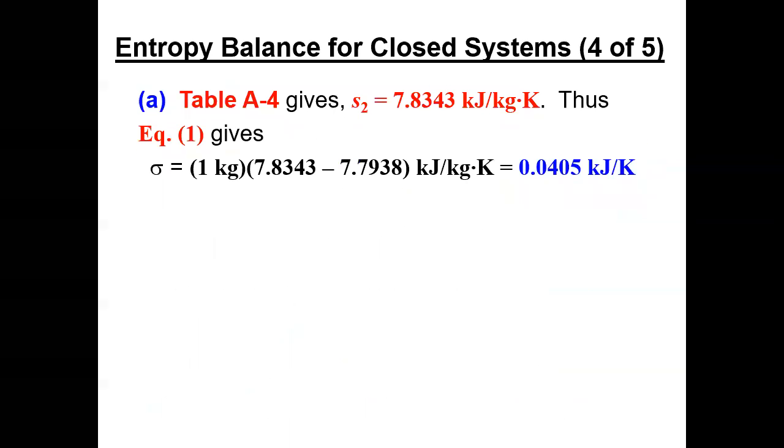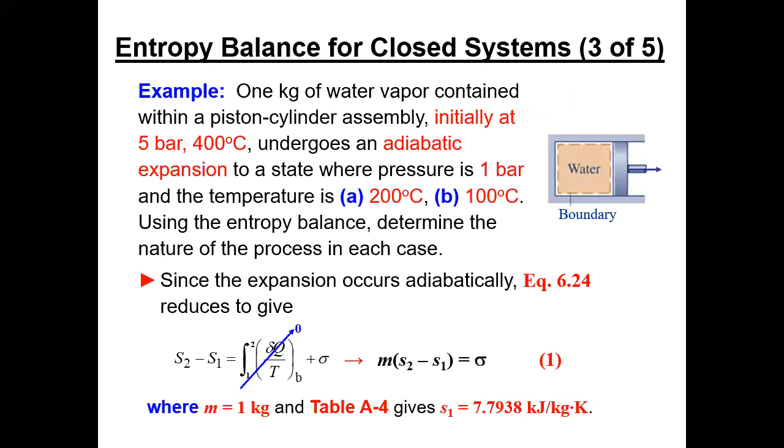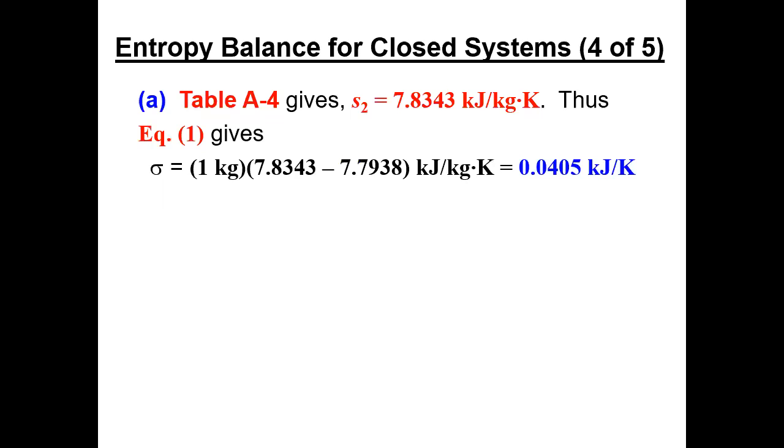Okay. So then we go to table A4 again. It's still superheated. We're at 1 bar and 200 C. We look it up again. Now the entropy is 7.8343. We plug it in, we calculate sigma, and it's a plus